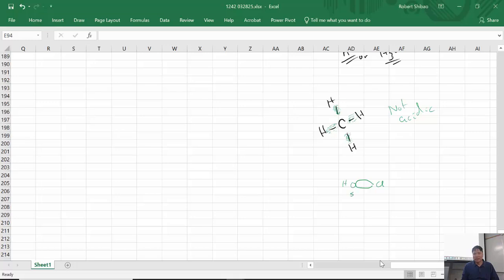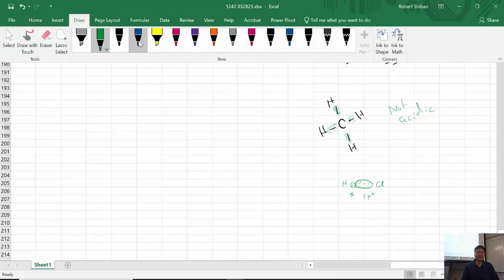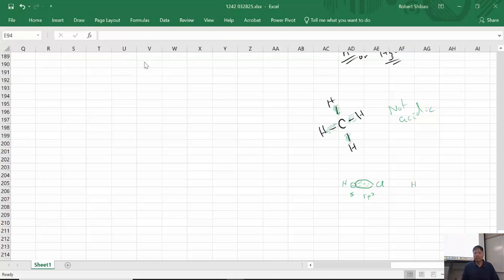We have an IH and an sp3. Then we get decent overlap here. This is valence bond theory. We use valence bond theory often, even though MO theory would be better. It's just easier. Versus if we have H and an I,